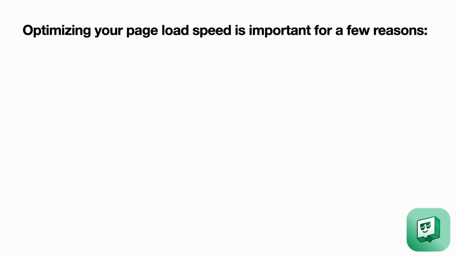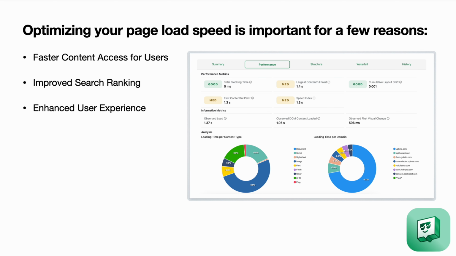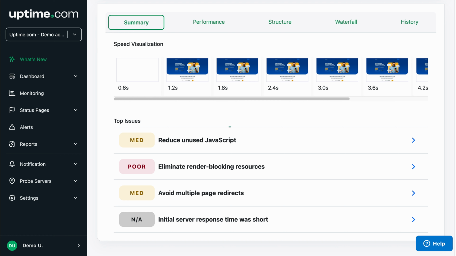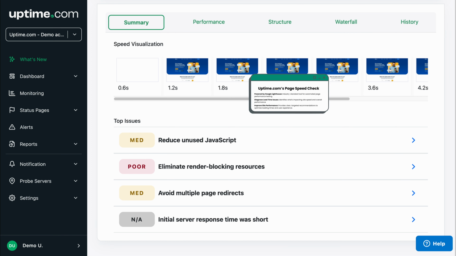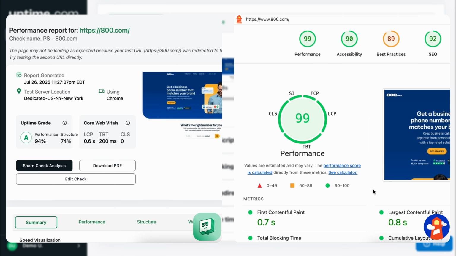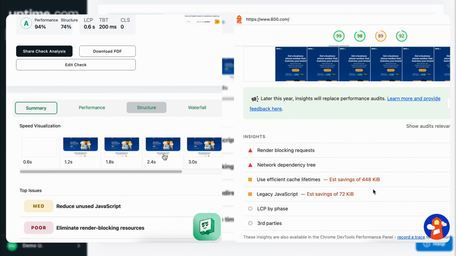Optimizing your page load speed is important for a few reasons. It allows users to see and use your content faster across a variety of devices and connections, improves your site's ranking in search engines, and provides a greater user experience for your end users. If you want customers to find you and easily browse your site, the metrics and suggestions offered by PageSpeed are a great starting point. Both versions utilize Google Lighthouse, a powerful industry-standard suite of automated page performance tests. The results of these tests can help pinpoint problems related to site loading time and performance and offer suggestions to